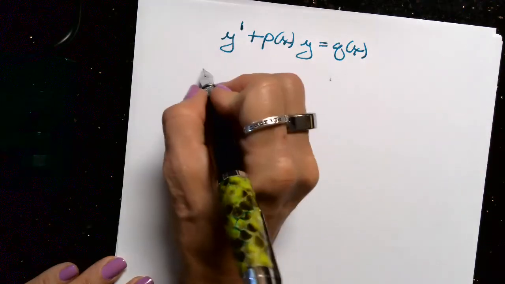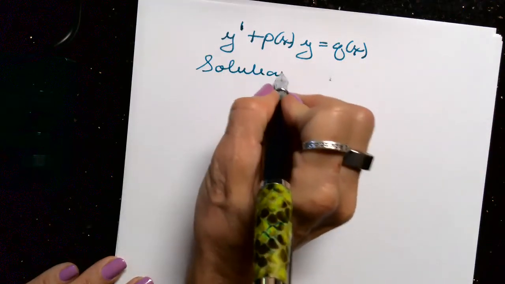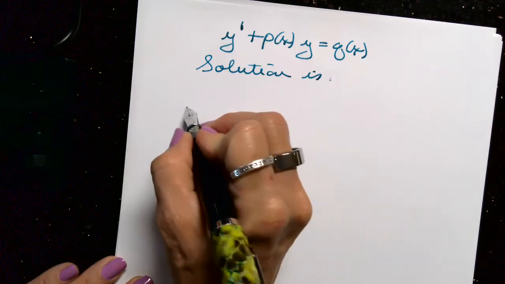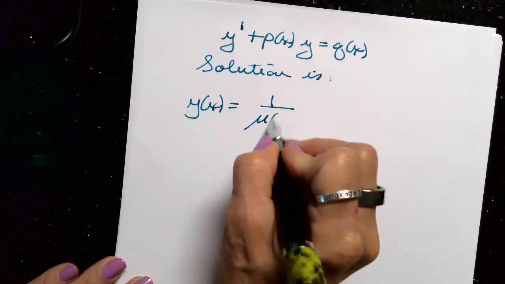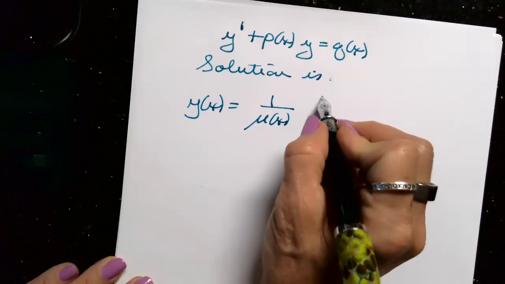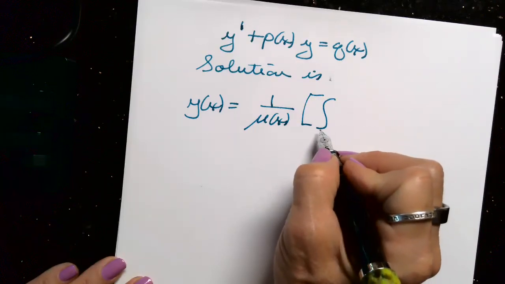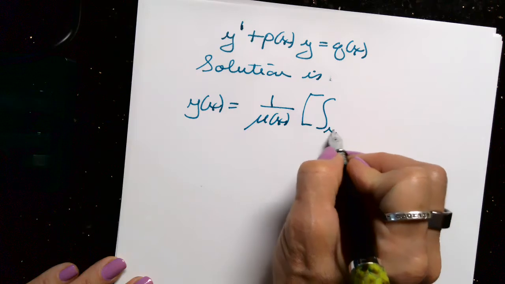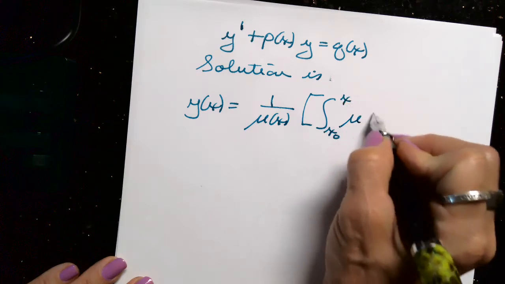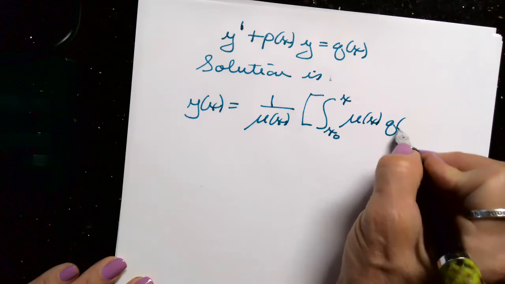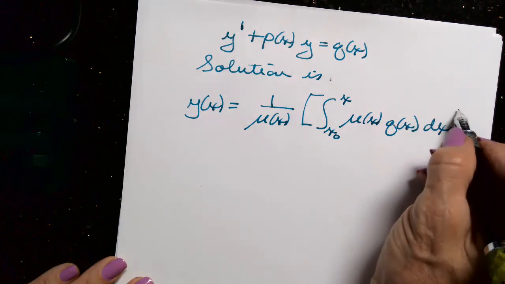And we showed that the solution is y of x is equal to 1 over mu of x times the integral from, let's say, x0 to x of mu of x q of x dx,